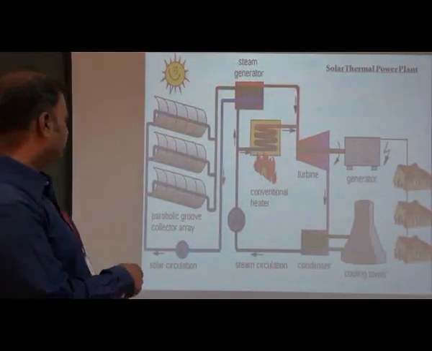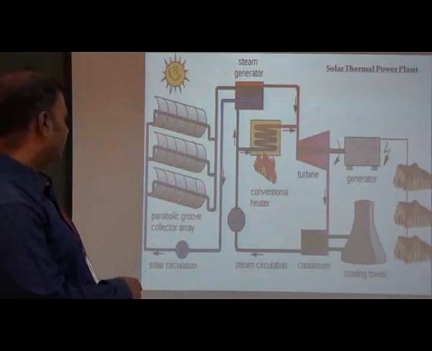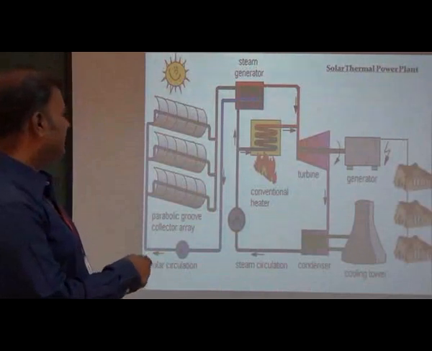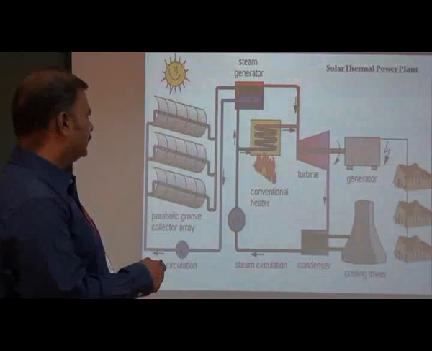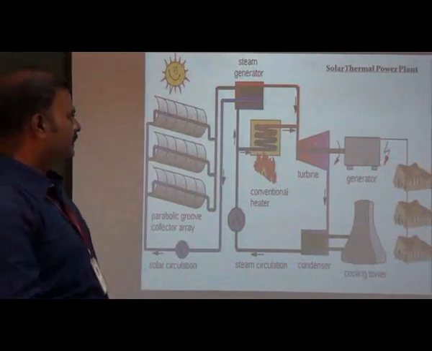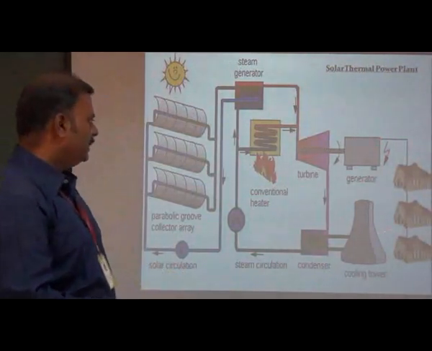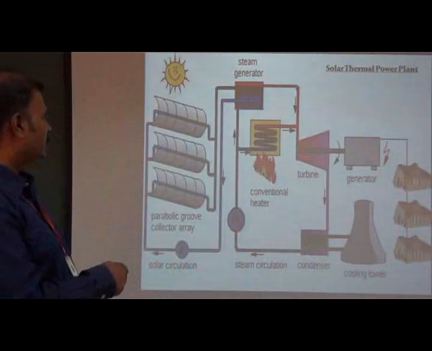The coolant which passes through the parabolic collector gets heated, and the heated water passes through the steam generator. This is nothing but an additional steam collector. Here the generated steam is used to run the steam turbine. The steam turbine is coupled with the generator. The exhaust coming from the turbine passes through the condenser. Here a cooling tower is coupled, and the steam is circulated back to the steam generator.